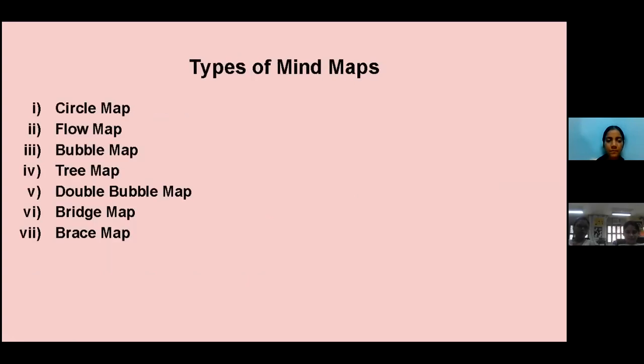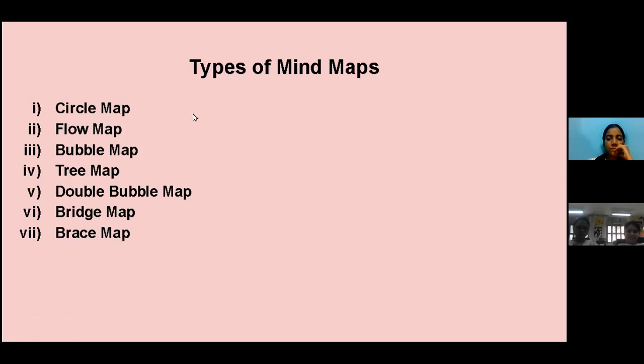Next, we come to types of mind maps. Okay, now I don't think we'll have much time. It will get over at the most by 12. Okay, don't worry, I will not be sitting here till 1 o'clock with you all. So by 12 it will get over. So these are the different types of mind maps. Out of that, we are covering only the first 4. Okay, double bubble map, bridge map, and brace map. I want you all to search for information on the remaining 3 and find out. The first 4 I'll show you all. Okay.